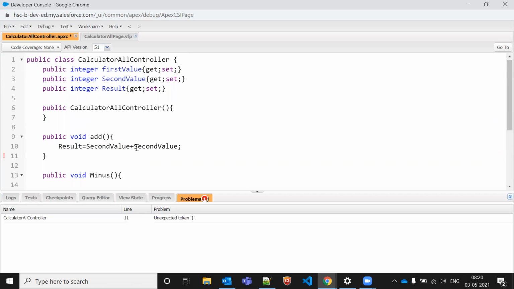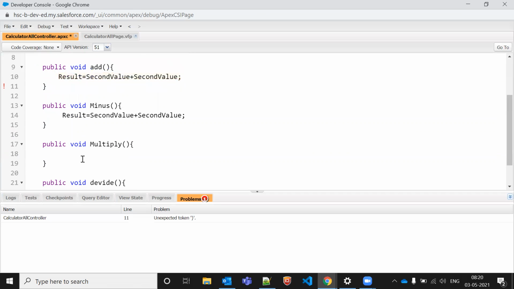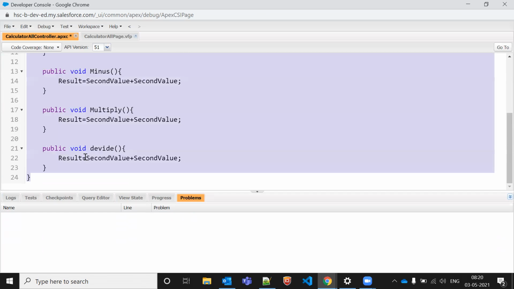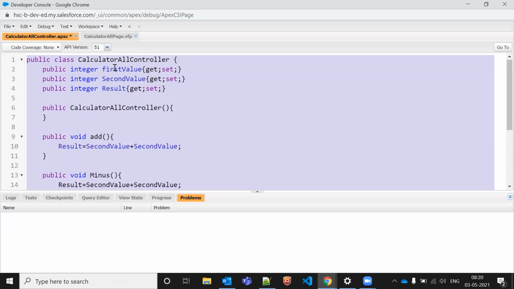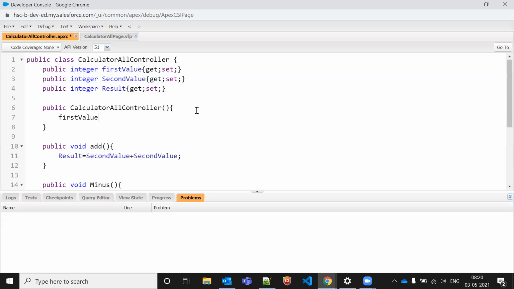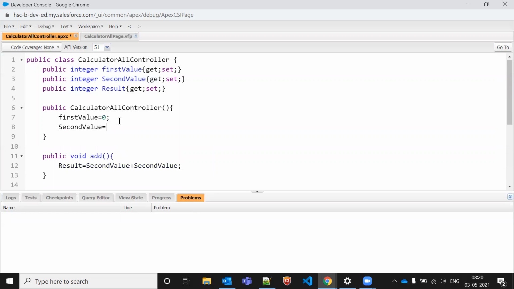As you have already done all these things, I'm just trying to tell you from the Visualforce page only. And by default, inside the constructor, if you want to pass the values as 0, and the second value as well is 0, by default it will be 0, and z should also be 0.